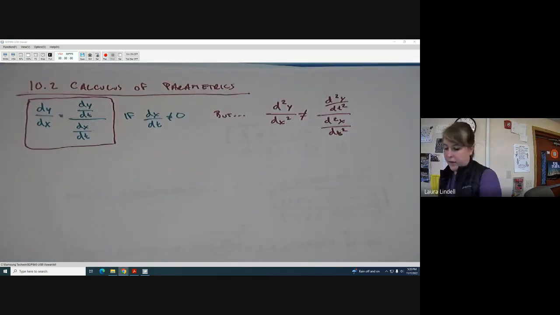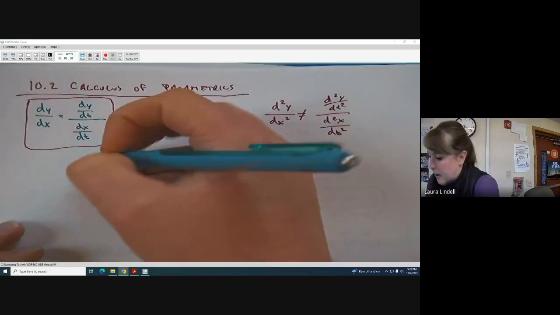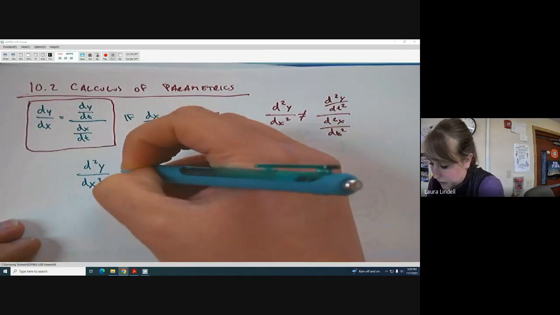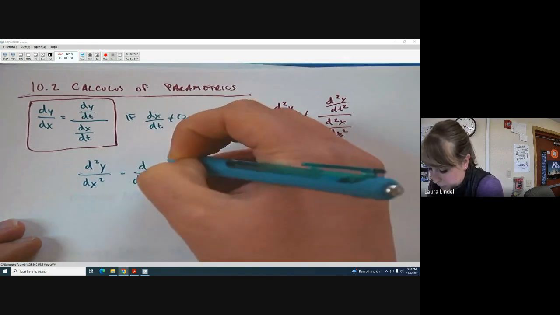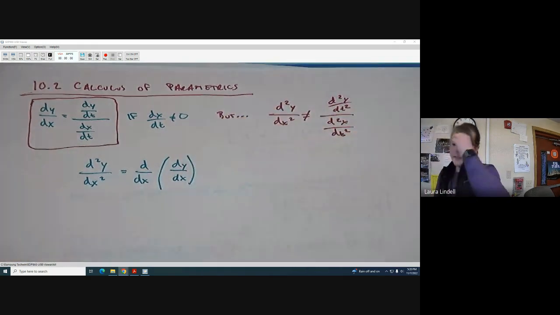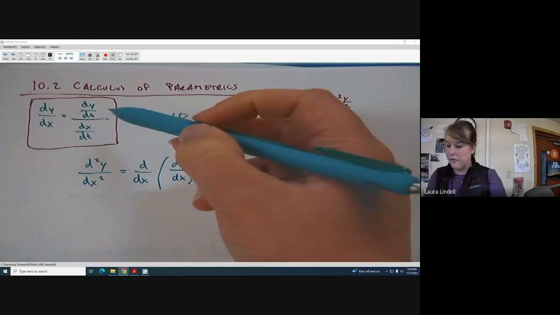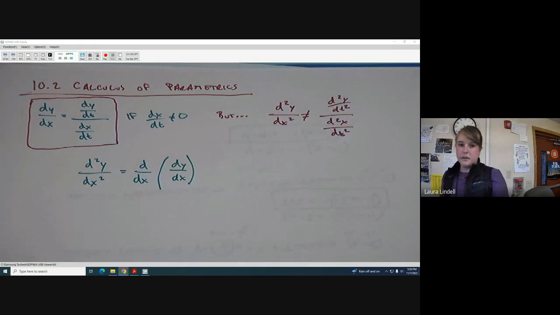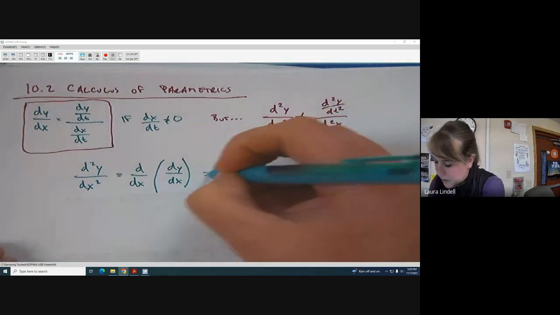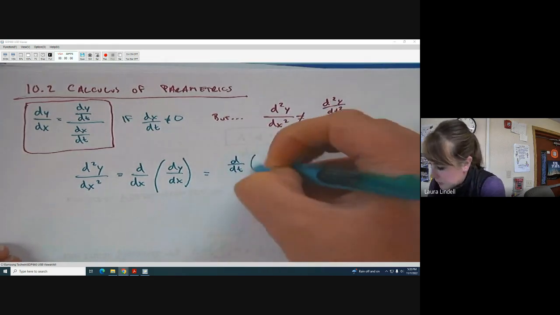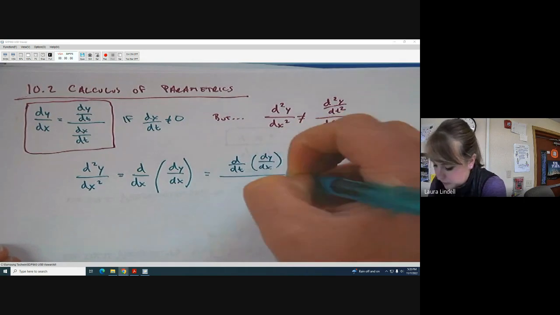Instead, we have to think of the second derivative as taking the derivative of the derivative that we already have, dy/dx. But to keep it in terms of t, what we end up having to do is take the derivative with respect to t of dy/dx